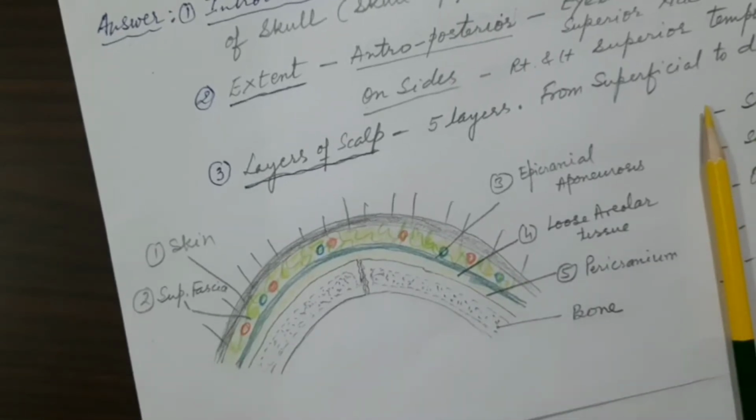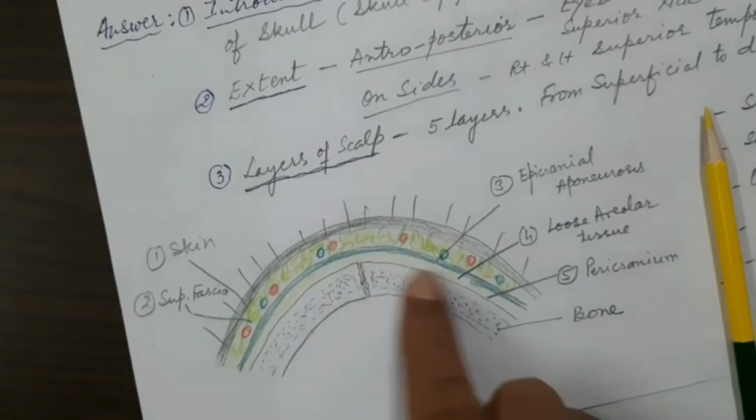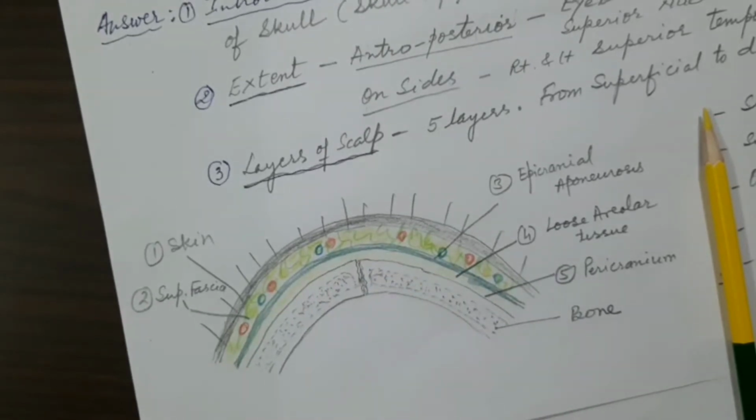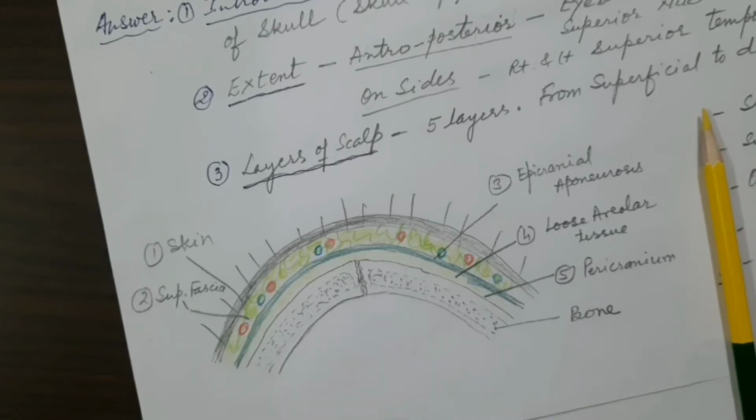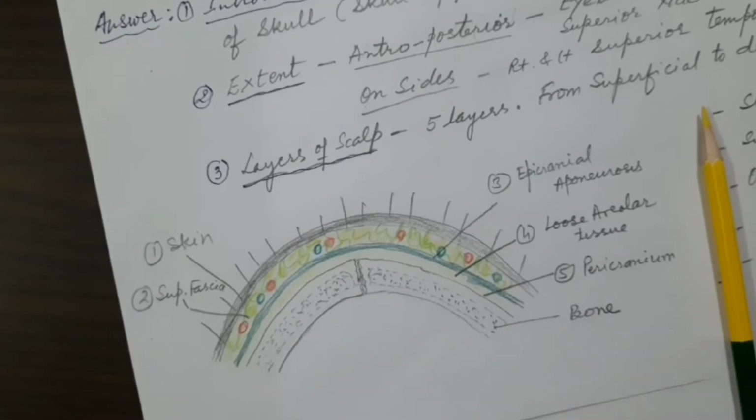So this fourth layer may be occupied by a few emissary veins passing through it. Otherwise there is nothing, there is no blood vessel except these emissary veins, and there is no nerve. Okay, there is no nerve. Let us come to the fifth layer. And the fifth layer is the